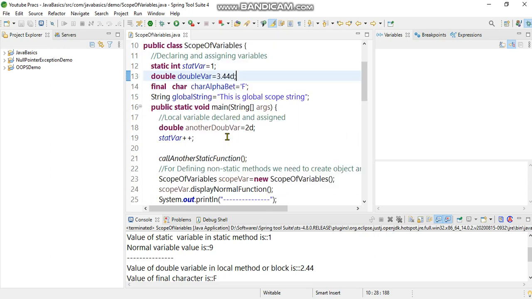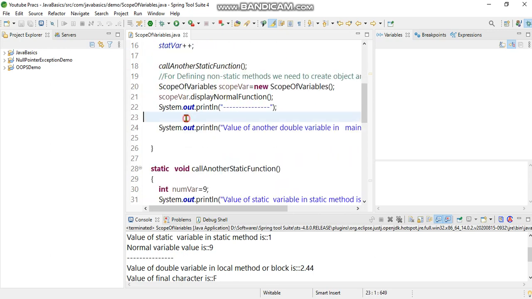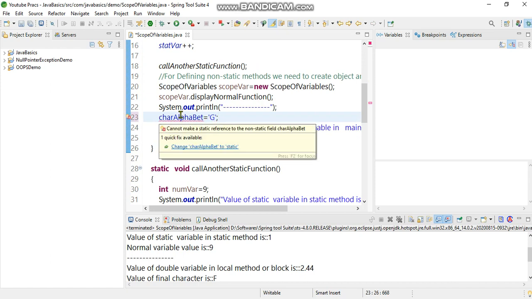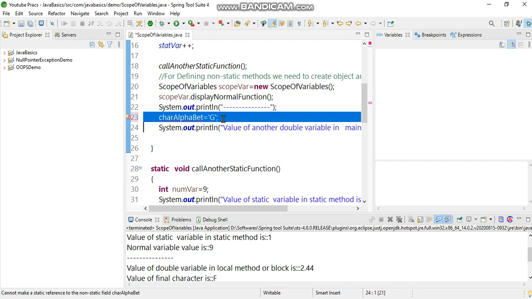It remains unchanged. By the meaning of final, if I try to change it in any other scope, suppose I try to change the char alphabet value to G, it is not allowed to do so.